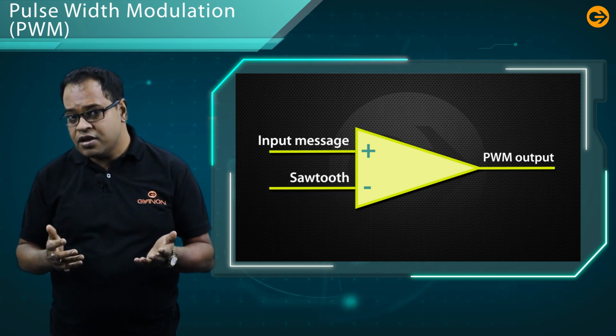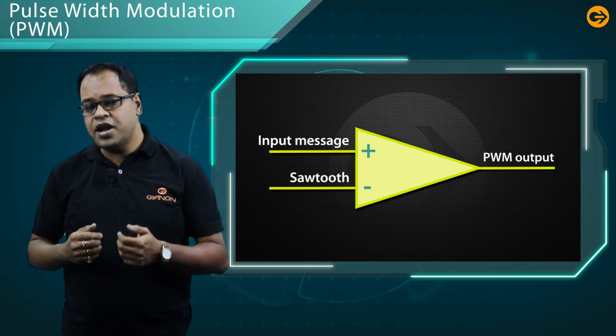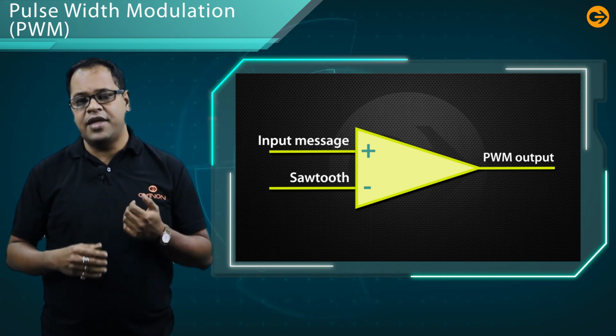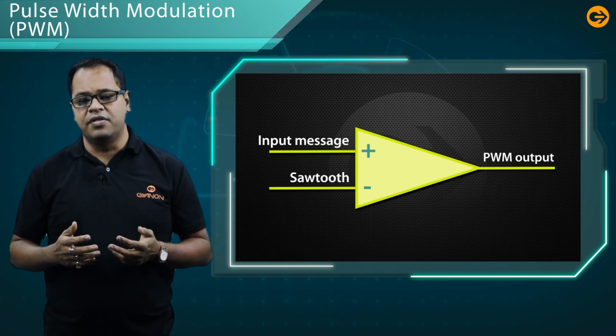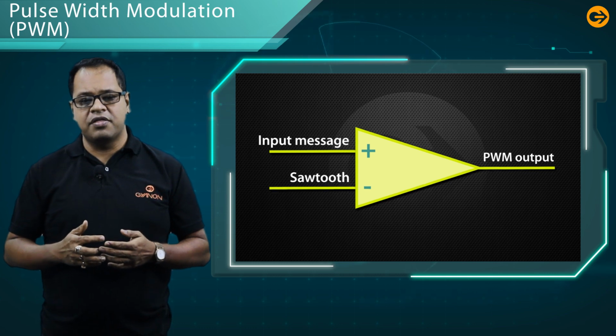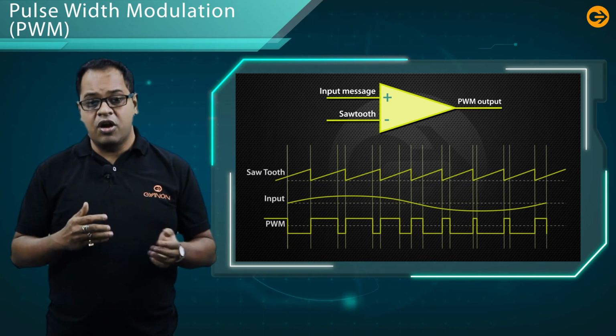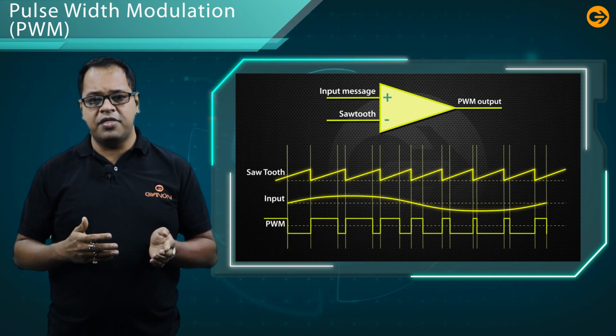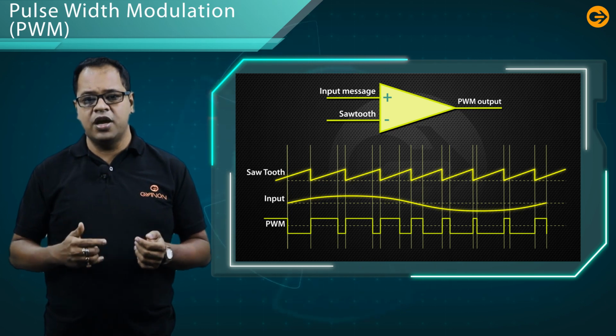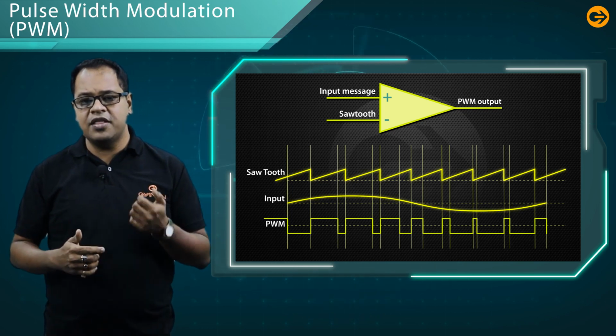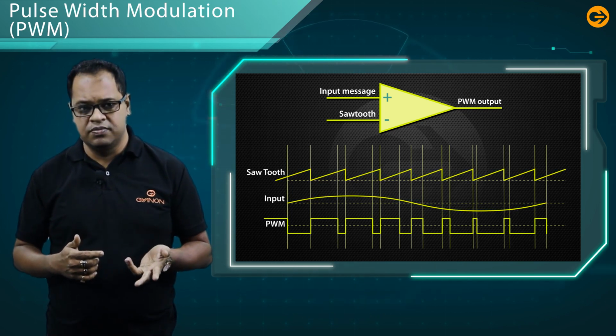What is a carrier frequency? Can you remember? Basically, it carries the message signal. That's why the name is carrier frequency. Now let us discuss how it is generated. Consider both the positive and negative side. The maximum of the input signal should be less than that of the sawtooth signal.